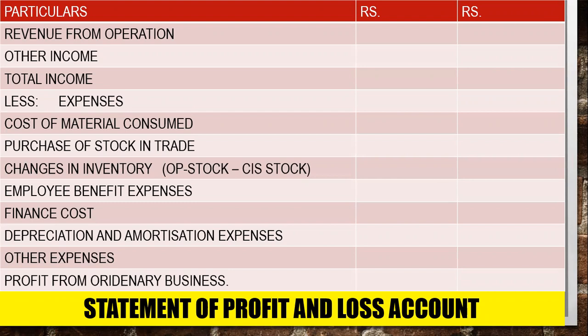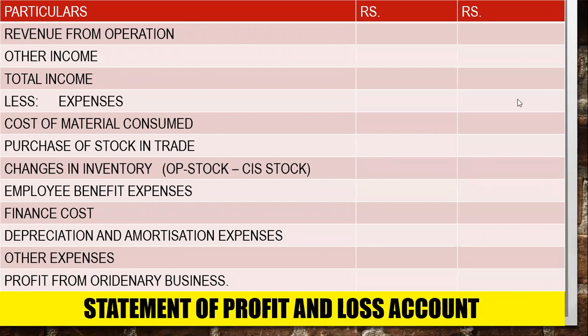Okay. So from revenue from operations, that is your sales, you have to add any other business income, so you will get your total income. After that, total income less your expenses, this is the total expense, you will get your profit from ordinary business. Ordinary business means your regular business. You are getting your profit. Clear? Everyone? Yes.